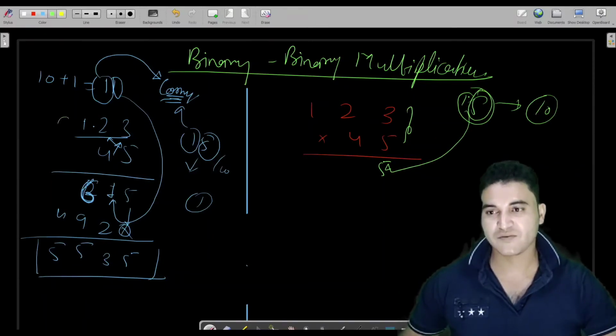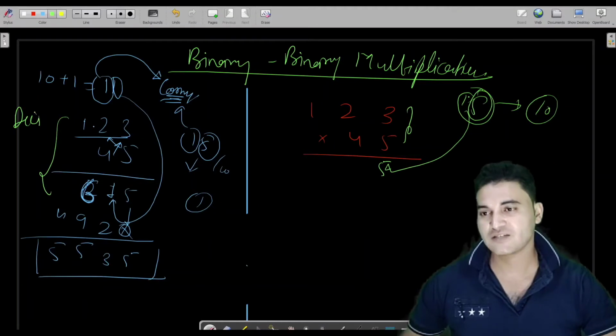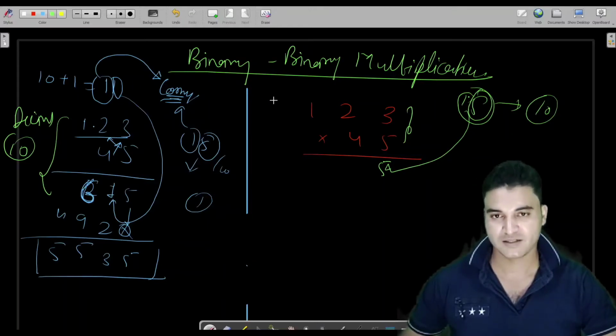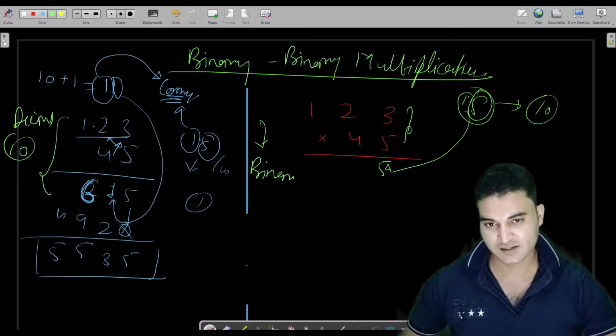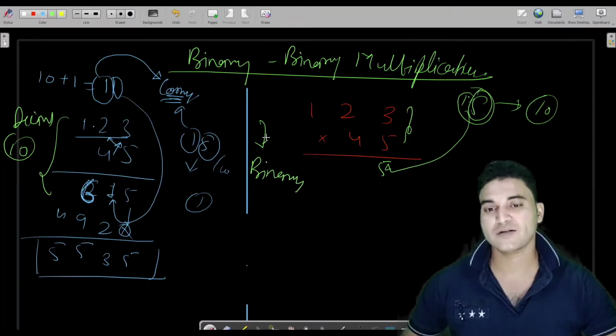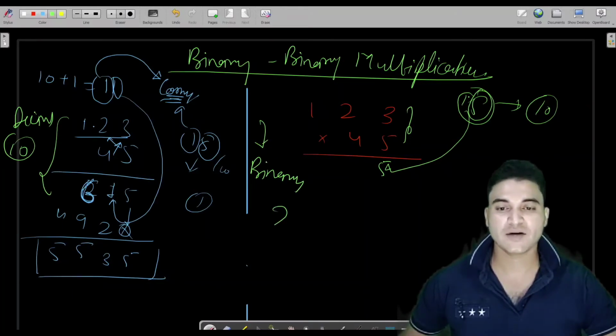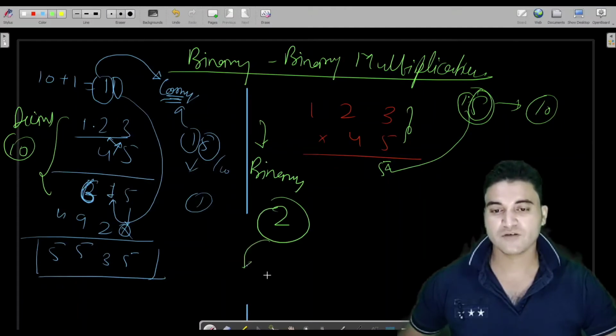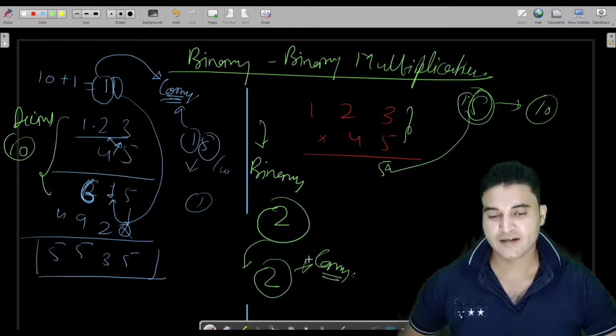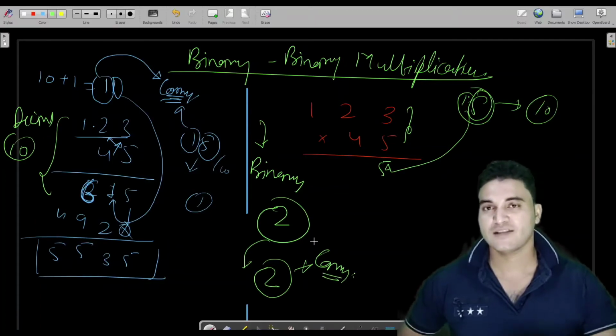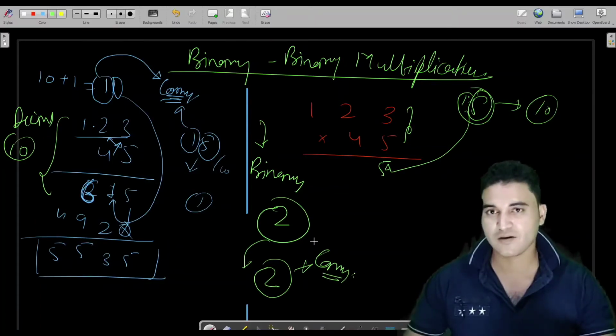So previously we were multiplying in decimal. That's why we were taking the remainder with the base of decimal, which is 10. But this time we are multiplying binary numbers. See the difference here. That's why we have to take the remainder with 2. Also we have to divide the number by 2 to get the carry. And this is the only difference in the multiplication of decimal numbers and the multiplication of binary numbers. Fine.